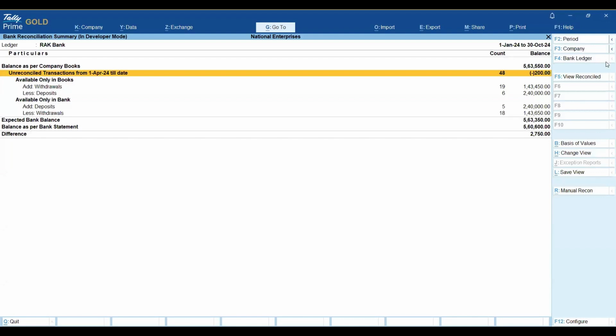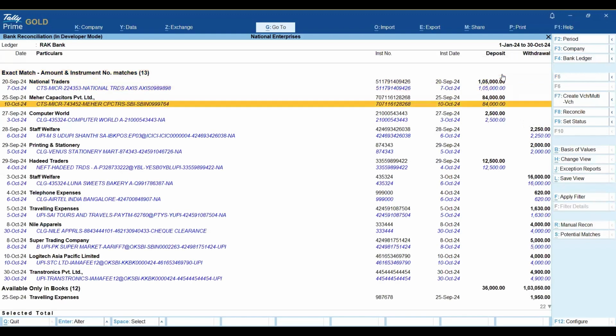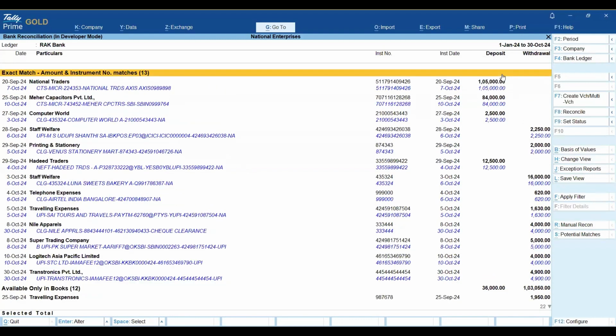So there are a total of 48 transactions to be reconciled as per your Excel sheet, which you compare with your company books. Once I select enter, it will show all the matches, which are exactly matching with your Excel sheet and